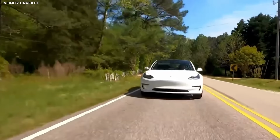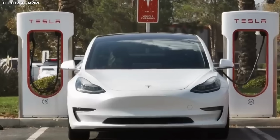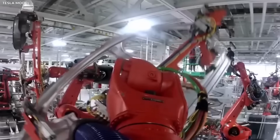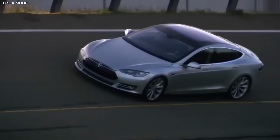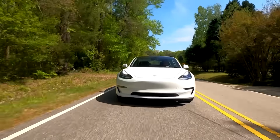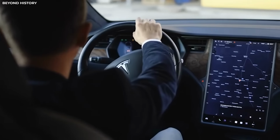For the driver, that means this transition feels more like flying than driving. Tesla's application of instant torque results in no wind-up or mechanical build. The power is just there, at your beck and call, the instant you need it. This makes for a dreamlike sense of responsiveness during daily driving, whether passing on the highway or accelerating from a standstill. Alongside Tesla's low center of gravity, thanks to its